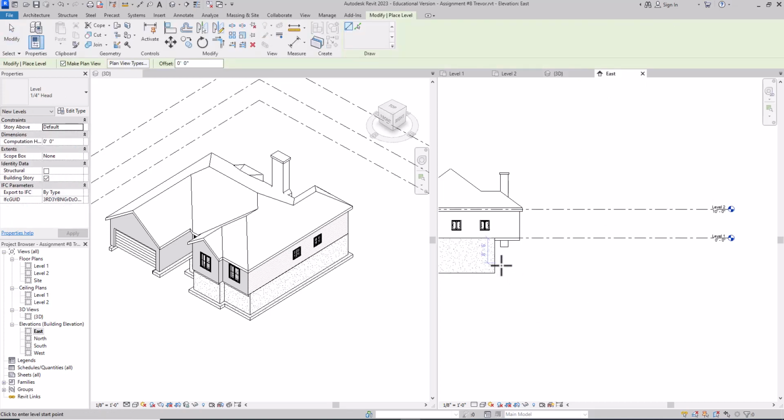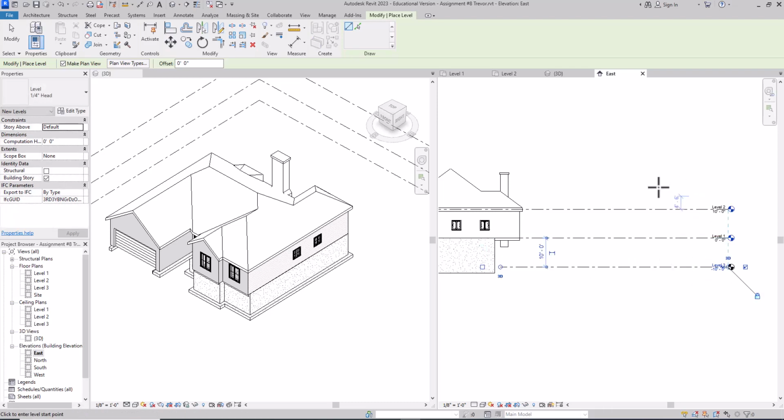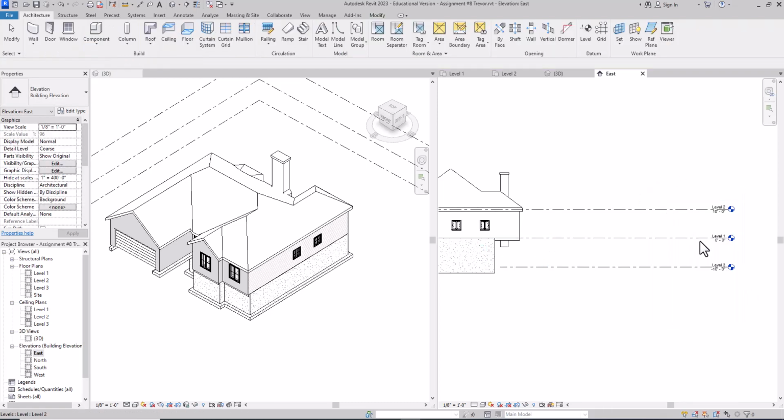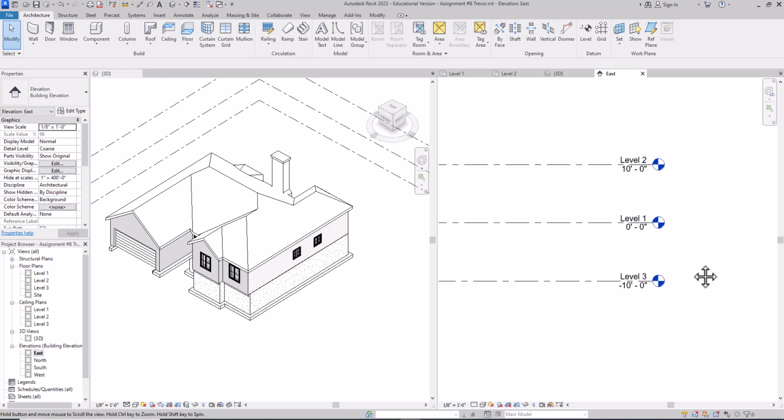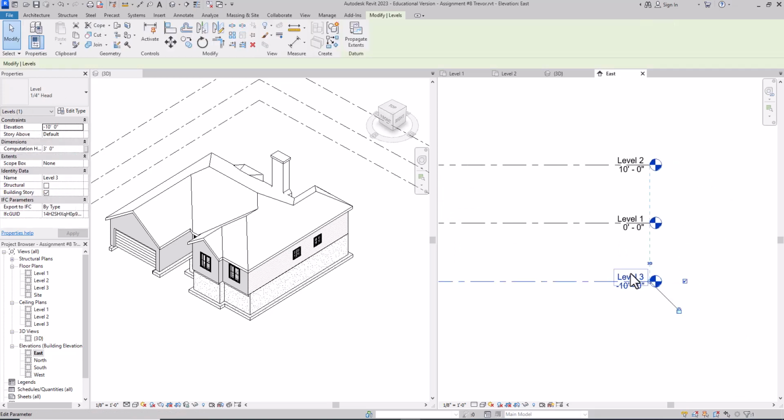At this point, you can just throw it in there, or you can kind of find it. If you just go ahead and click and pull your mouse over and click, you can always change the name of these. I use my escape key or click on modify to get out of that. See, this is where you can start to name these levels. So maybe this one is called basement,